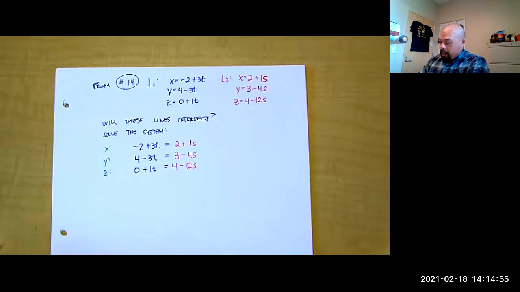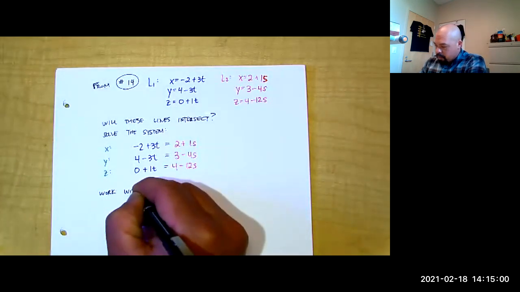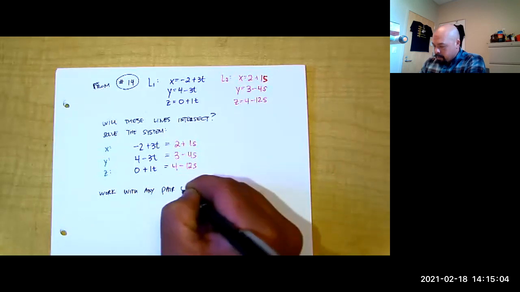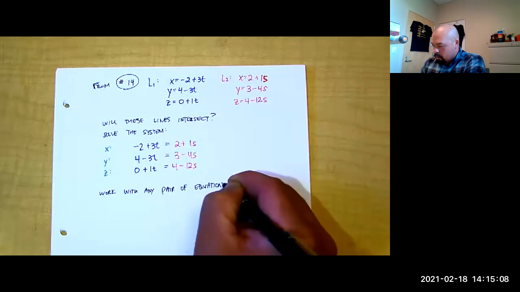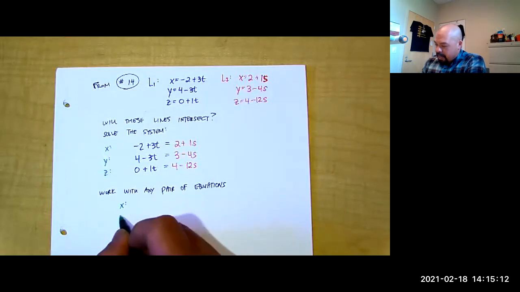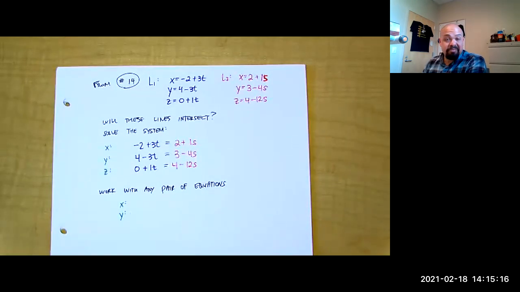And what we can do is start off by working with any pair of equations. For instance, we can do the x and the y. We could probably more easily have done the z with any of those, but let's do it this way. All right, so if I do that here,